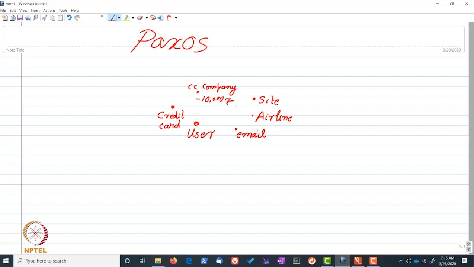And because I don't have my ticket, the main problem is that there was no consensus among these 6 sites. Had there been a consensus among these 6 processes, then this particular problem would not have happened. So either all of them would have said that my ticket is booked, which means I would have had my ticket with me, or all six would have said that for a certain reason they were not able to book my ticket, which is also fine by me, but I don't want an intermediate situation.